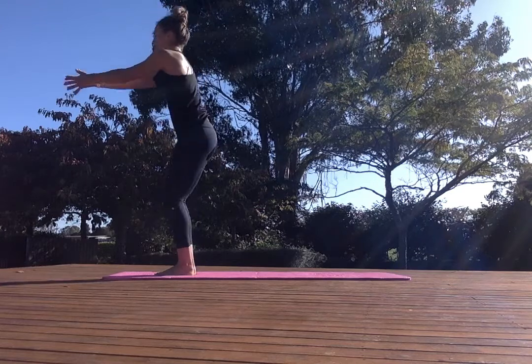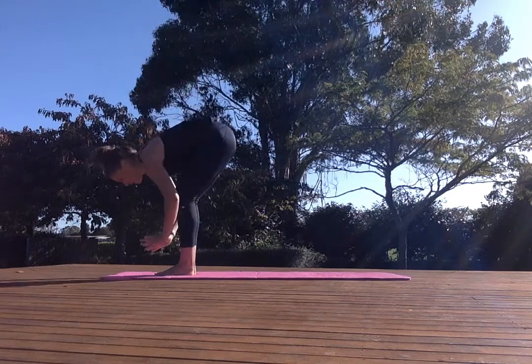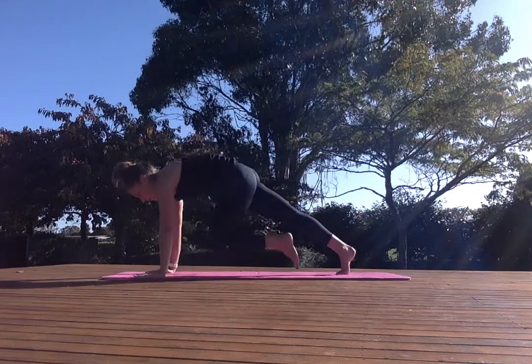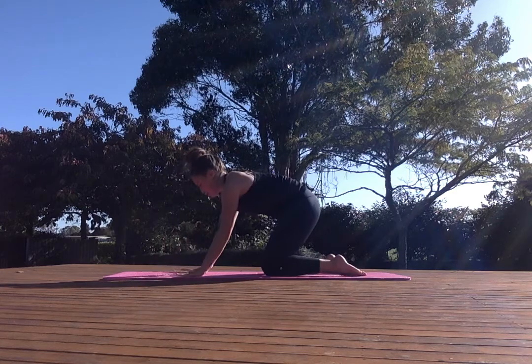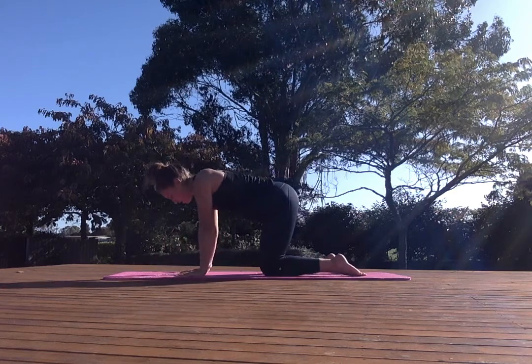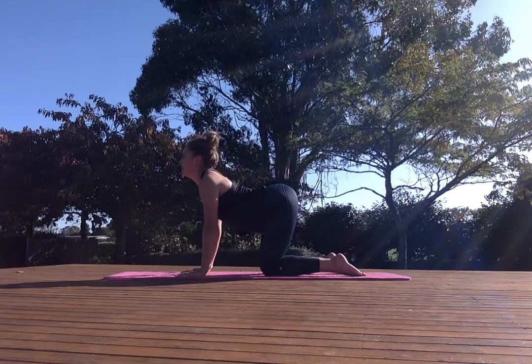So inhale, palms come up. Exhale, we fold. Stepping back to our plank. Knees come down to the ground. Untuck the toes. Hands come under shoulders. Neutral spine. Inhale, we tip from the hips, lengthening through the front of the body as we create a nice